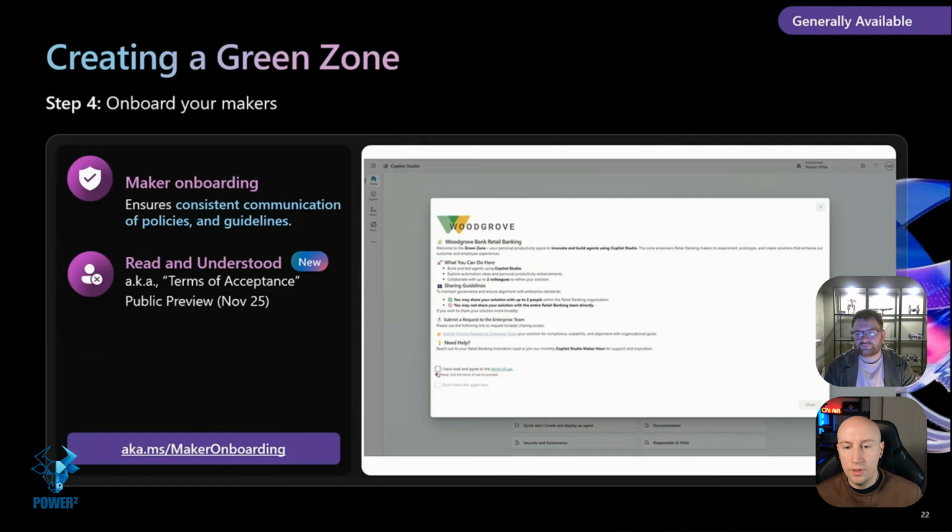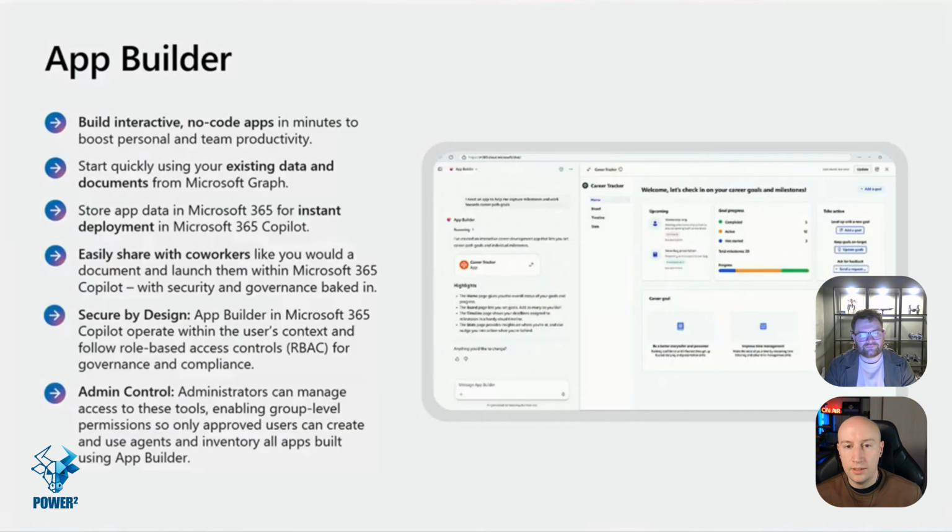So the other thing that I want to talk about from Ignite, which is really exciting, is App Builder. There are a couple of different angles to this, I suppose. Earlier this year, we found out about something called code apps or code app Power Apps, whatever they want to call it. I don't think they've properly given it a name yet. But essentially, this is code first building of Power Apps.